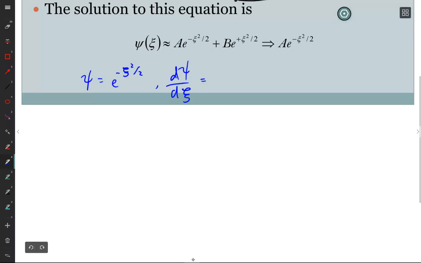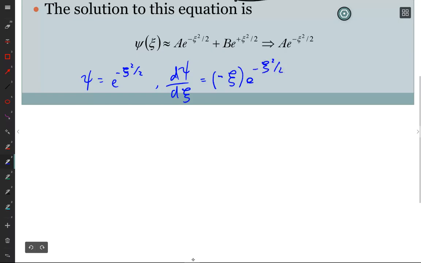You bring down the derivative of the exponent. So the exponent is minus c squared over 2. Derivative of c squared is 2c, so c squared over 2, derivative of that is just c. And then you still have the minus,